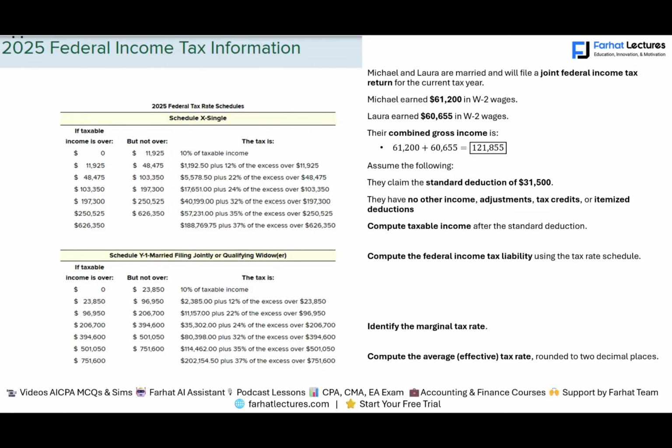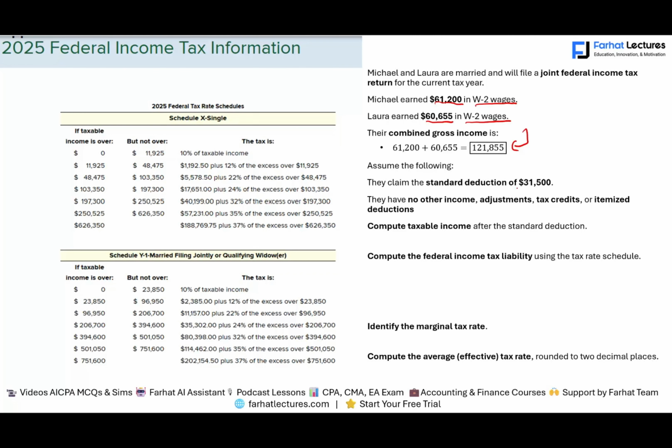This is Professor Farhat, in which we would look at an exercise to compute the tax liability, the marginal tax rate, the average tax rate for a couple using both the tax schedule as well as the tax table. So we have Michael and Laura married and filing jointly. Michael earned $61,200 in W-2 wages, Laura $60,655 in W-2 wages as well. Their combined income is